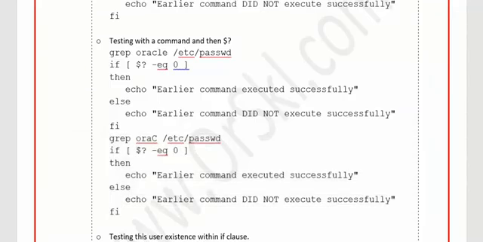So what I'm trying to say is $? is something we have seen already earlier. The same is used here. As you see on the screen, $? will capture the return value of the earlier command. I'm comparing that value with the numeric 0. If the earlier command output is 0, then this one has to be executed. But if the earlier command output is not equal to 0, then this one has to be executed. So this is how I can verify whether my earlier command has been executed successfully or not with $?.